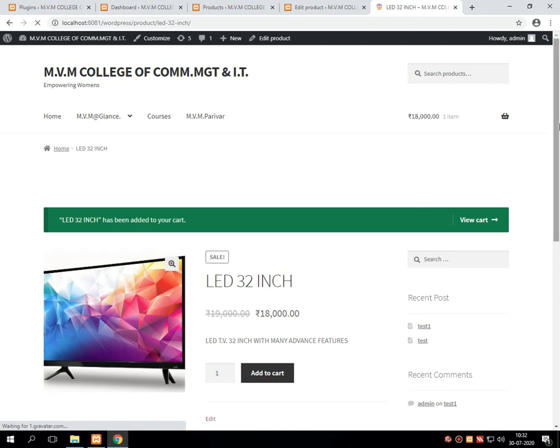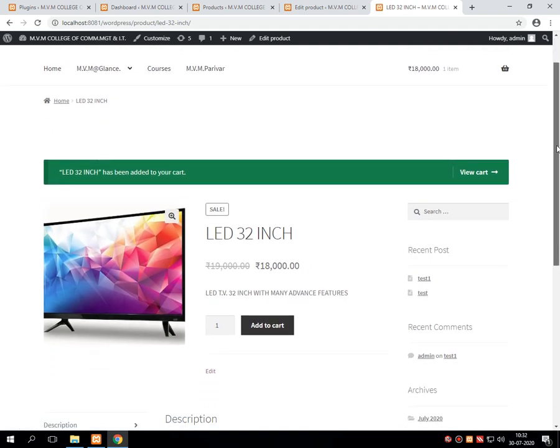Now once the add to cart button is pressed, you will see a green bar which shows LED 32-inch has been added to your cart. If you remember from the first lecture, when we were setting up the WooCommerce store, four options came: shop, checkout, cart, and account.